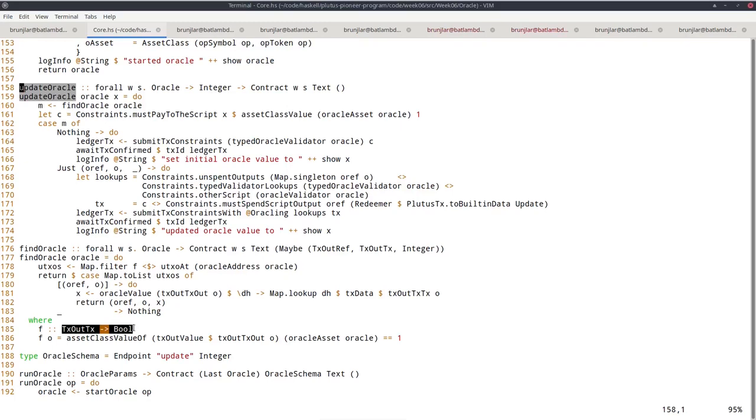So given such a UTXO, we do similar to what we did during validation. So we check the value of that UTXO, and check how often our NFT is contained in it. And it must be there exactly once. So we will end up with a map that has either 0 elements if the Oracle UTXO is not there yet, or 1. Can't be more than 1 because this NFT can only be there once.